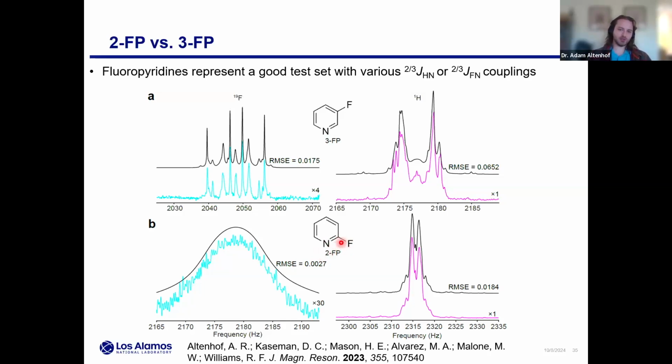And what I'm showing you is the proton signals and the fluorine signals. And what you can see in this case of the 2-fluoropyridine is that the line broadening is very extreme, more like that coalescent regime I described. And what's actually kind of interesting, I have these best fit simulations in each case. I have to include the 14N relaxation to be able to simulate this at all. And by fitting these as a function of that relaxation rate, I've actually now measured the T1 of the 14N just from these 1D spectra, which was kind of cool.